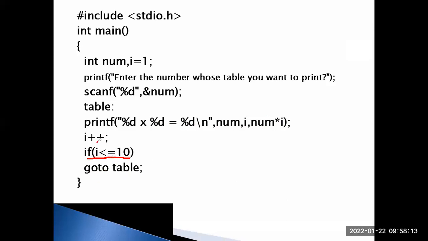Here i plus plus, the same thing. Here goto table. Table is printing the repeated operation. The repeated operation is to print %d multiplied with %d. Here it simply prints the num, say the entered value. If you have entered 5,